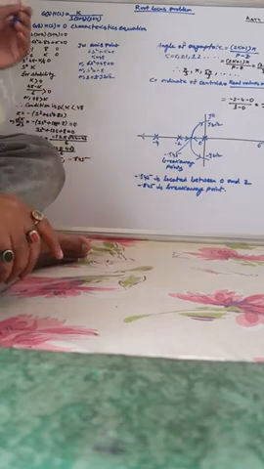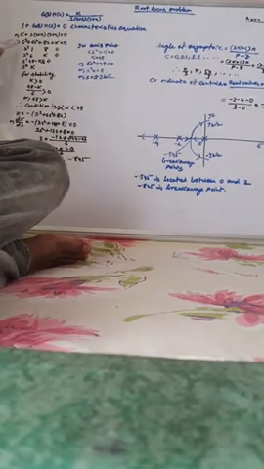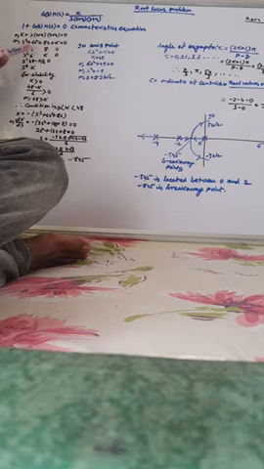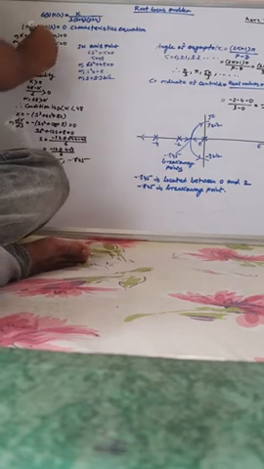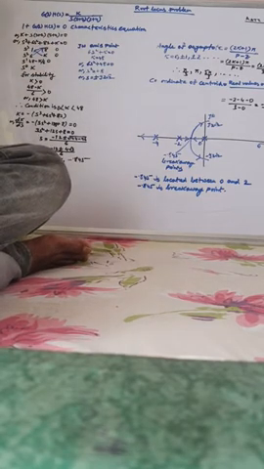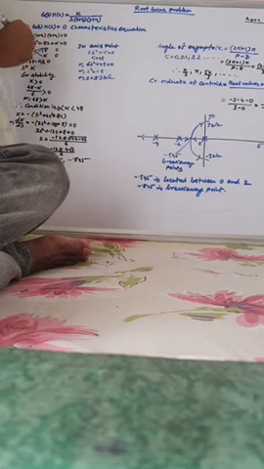Now let's do the Routh-Hurwitz table. So s cube, s square, s to the power 1, s to the power 0. Highest power of s is s cube and lowest power of s is s to the power 0. So 1, 8, 6, K. Now (48 minus K) by 6, and here these two are 0. Okay, so (48 minus K) by 6, and again it is 0.